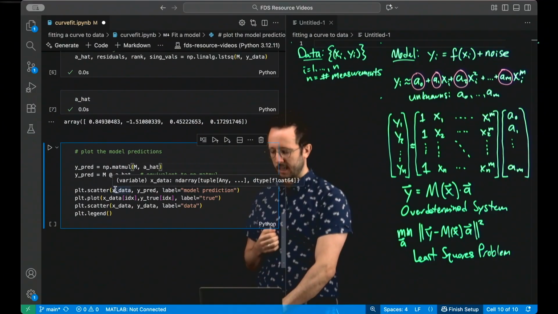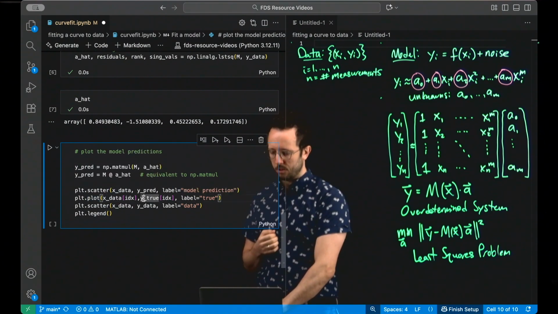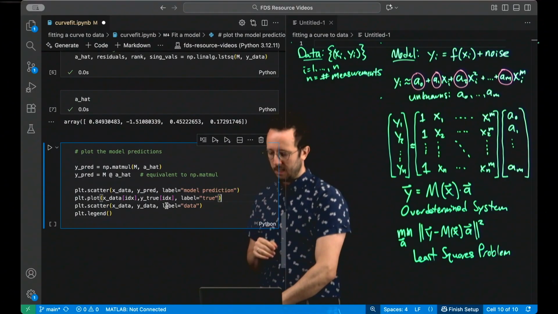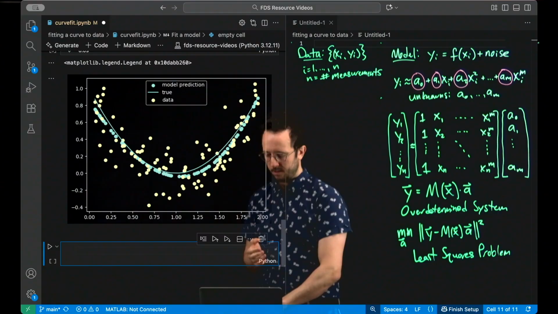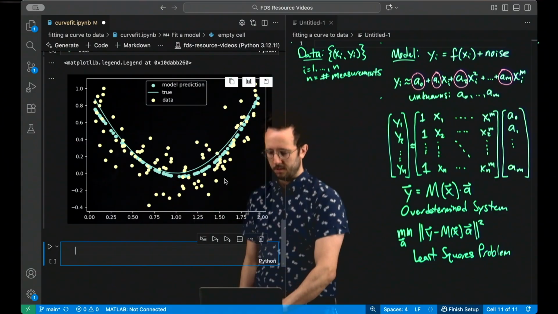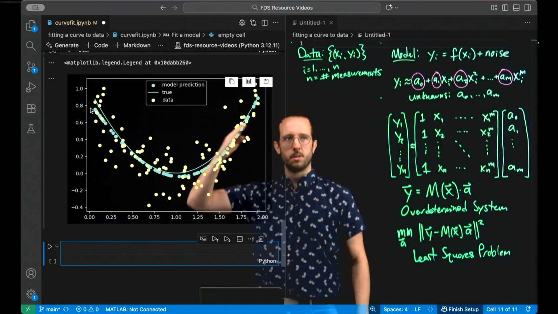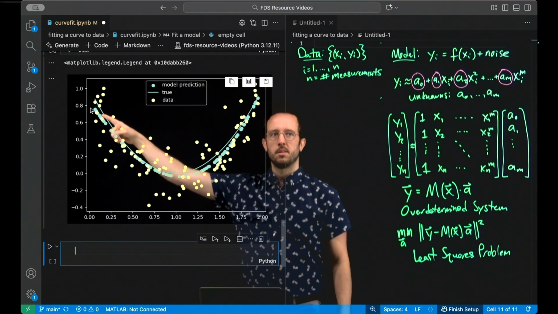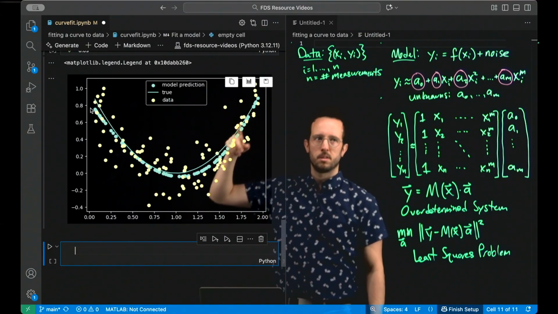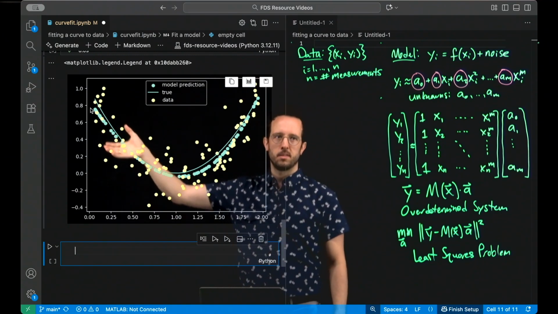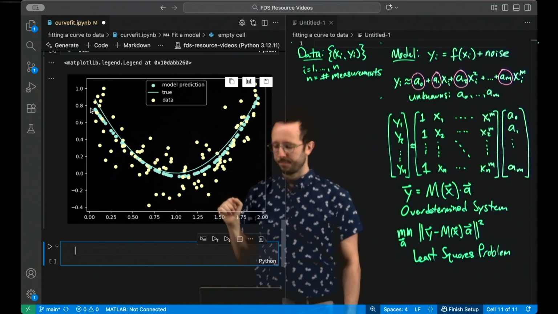So what I'm going to do now is scatter the data against the prediction. I'm also going to include the true relationship just so we can see exactly how well we did, and the data themselves. So let's look at that. What we have here is the data in yellow. These are the same data points that we started with. And then in blue dots, we have the model predictions. So you can see we have a much smoother, it's a polynomial relationship between x and y on this curve. So in a way you can think about this as the data with noise subtracted.